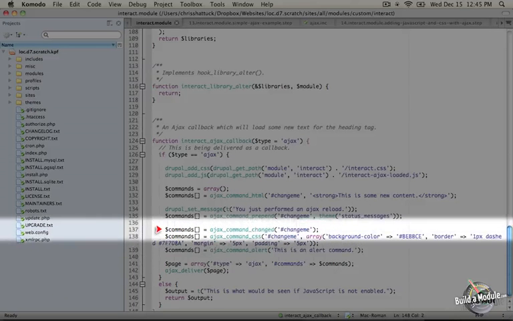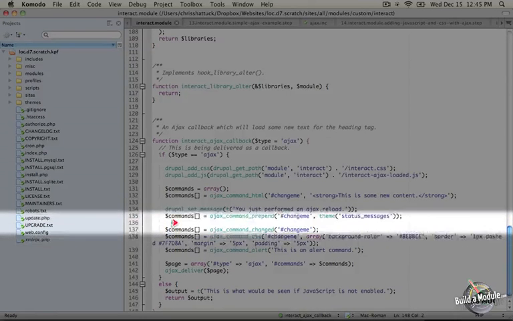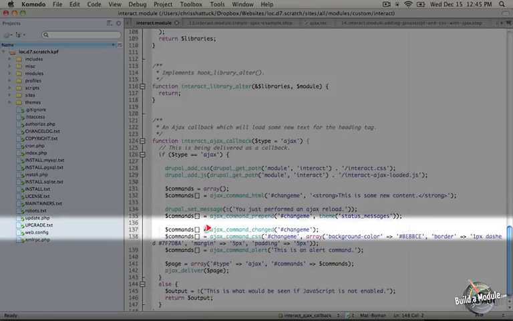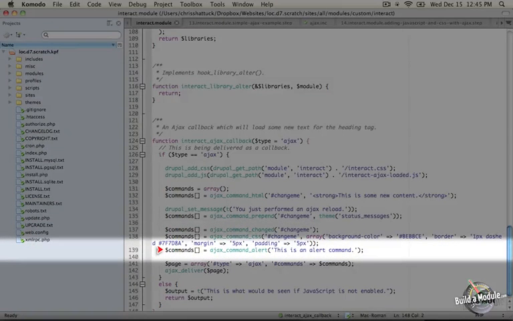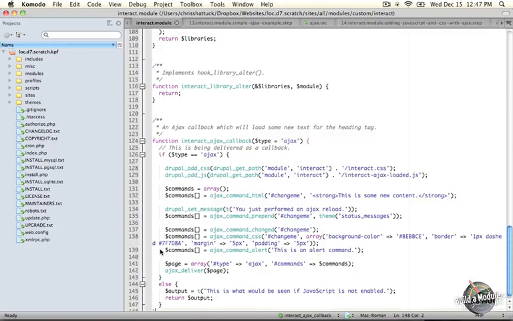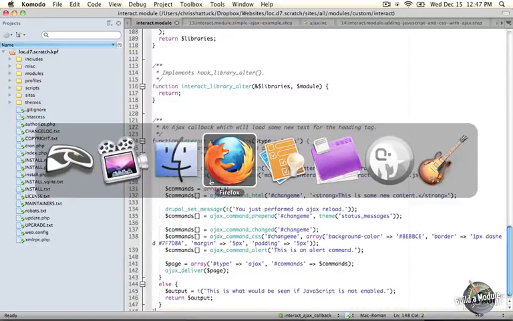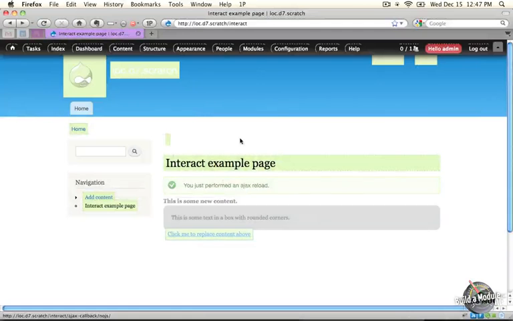Okay, so what I'm going to do is save this and then refresh the page so we can watch this, but let's go through real quick and see again what we were looking for. So we're looking for a new class on the change.me element that demonstrates that the item is changed. We'll see some new styling on it, and we'll see an alert that says this is an alert command. Okay, I'm going to save this file, then I'm going to jump back to the browser and refresh the page,